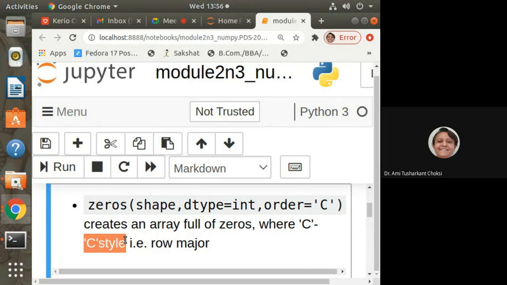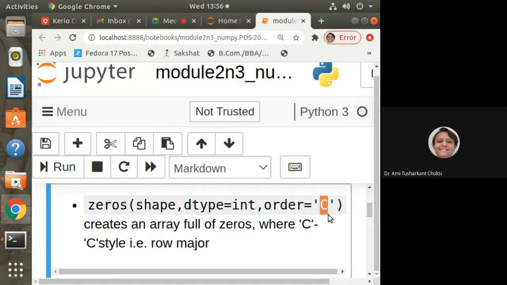C style means in C language what we have is row measure. So C style, C language style, is here row measure, and for that it is C. Do not get confused that because it is C, it is column measure. It is not so. C style means C language style.